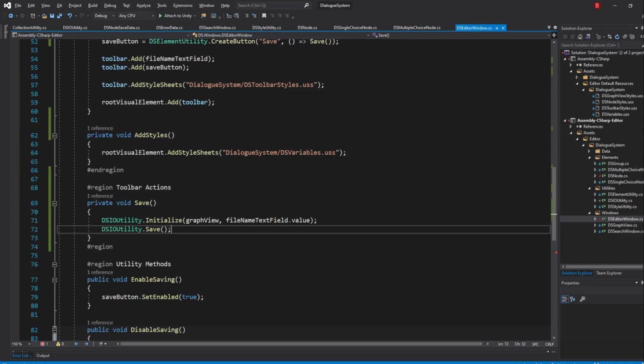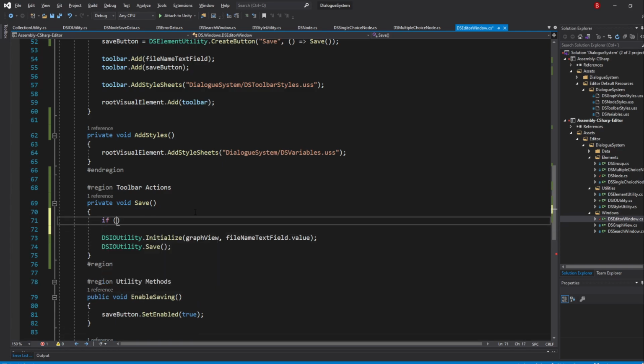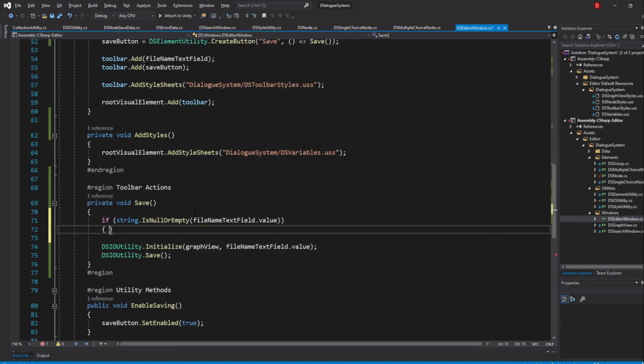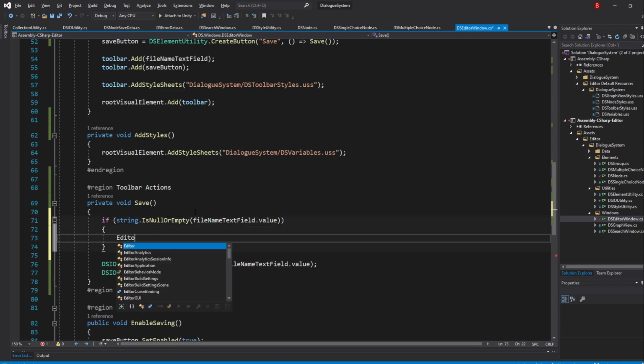Before we do that though, we have a problem. Right now we can save the graph if its file name is empty. Of course, that shouldn't be possible, so whenever we try to save the graph with an empty name, we'll throw in an error dialog saying that we cannot save. To do that, type in at the top of our method if string.IsNullOrEmpty fileNameTextField.value, and inside we'll display the message by typing in